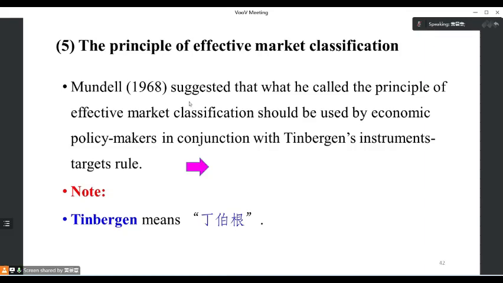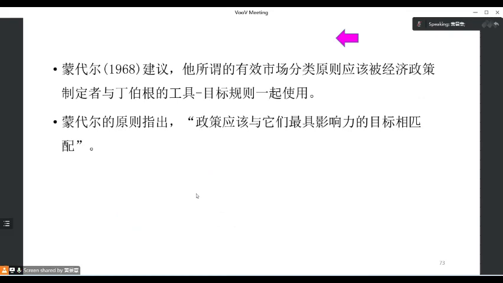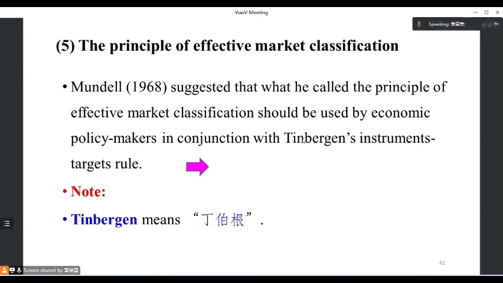Mundell, 1968, suggested that what he called the principle of effective market classification should be used by economic policymakers in conjunction with Tinbergen's instrument target rule. Let's see the model. Mundell's principle states that policy should be matched with the objective on which it has the most influence. This paragraph tells us